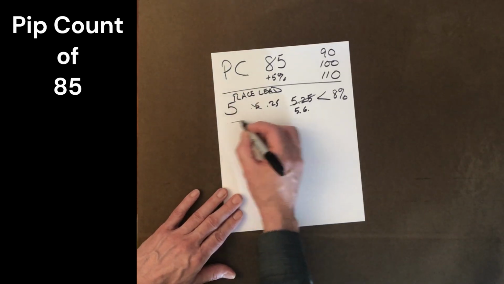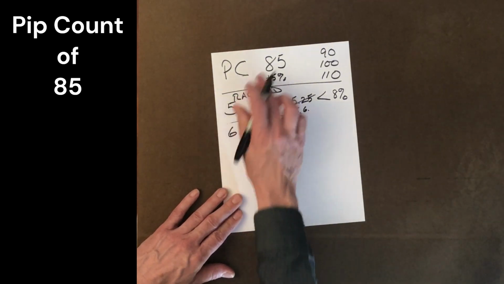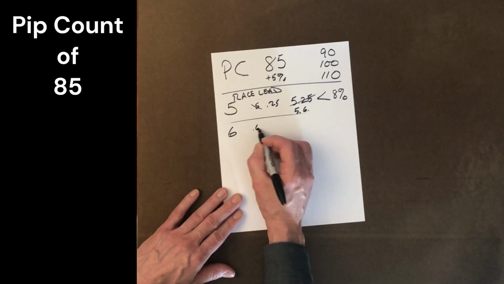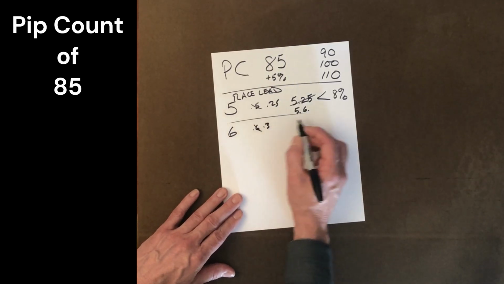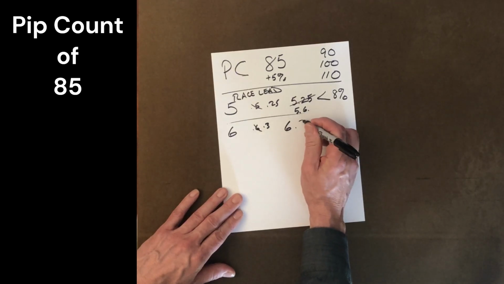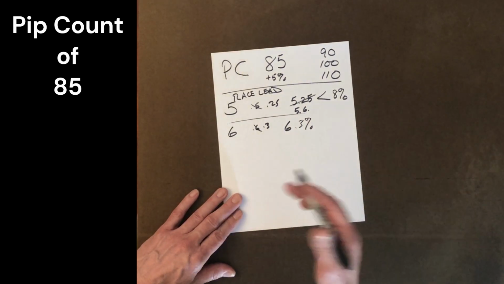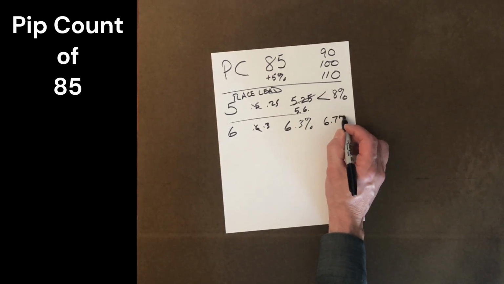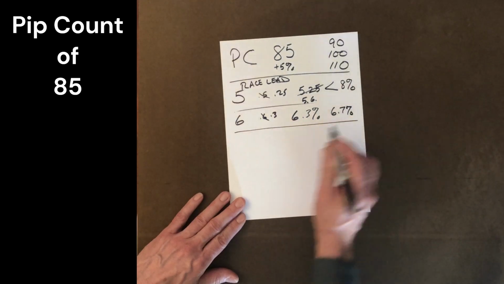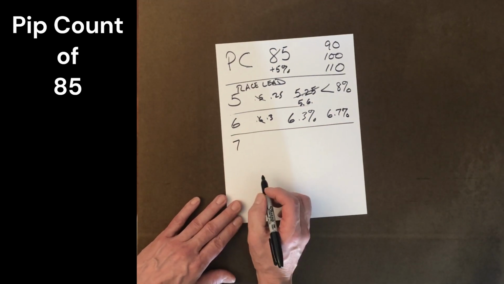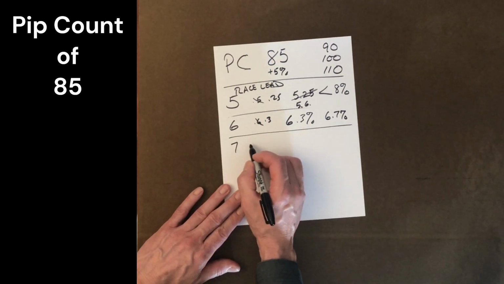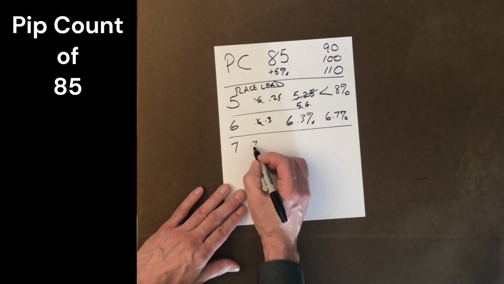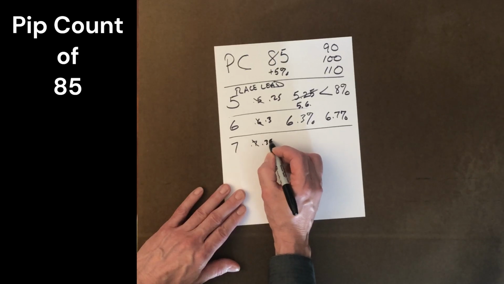It's just an estimate. If we had a pip lead of 6 into 85, we're going to add 5%. 10% would be 0.6. Half of that would be 0.3. So I'm going to go with 6.3%. And then I'm going to add a few percent to that. 6.7%. Just to add a little bit. Pip lead of 7, we're going to add 5%. 10% would be 0.7. And so half of that would be 0.35. So we have